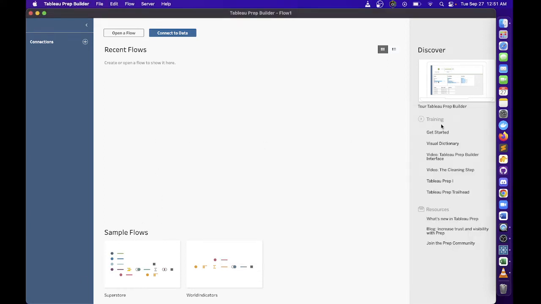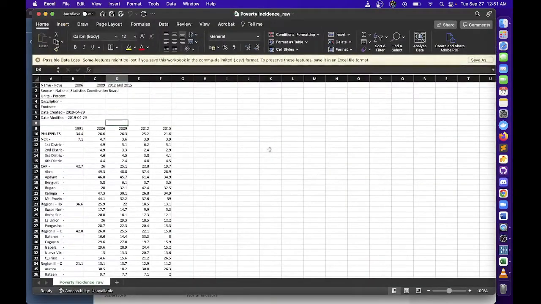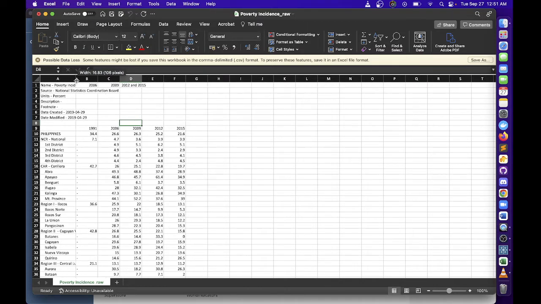Hello everyone. So for this demonstration, we will be dealing with a not so straightforward dataset. We have here our poverty incidence dataset, and let's open it in Excel and observe the data points. We can see that our dataset contains some metadata here, which describes what the data is all about, and